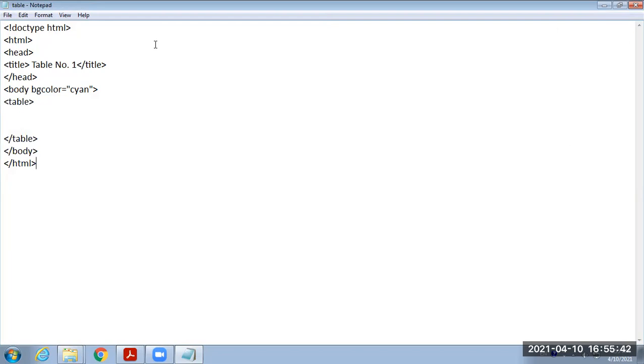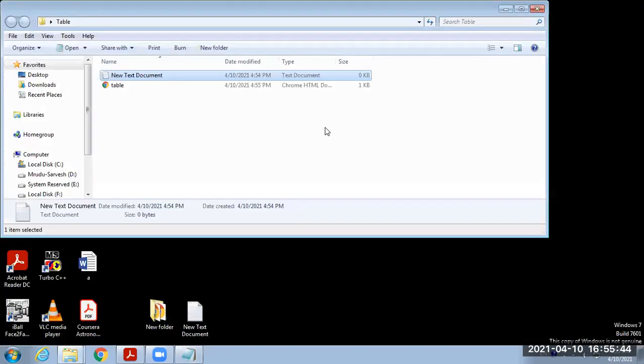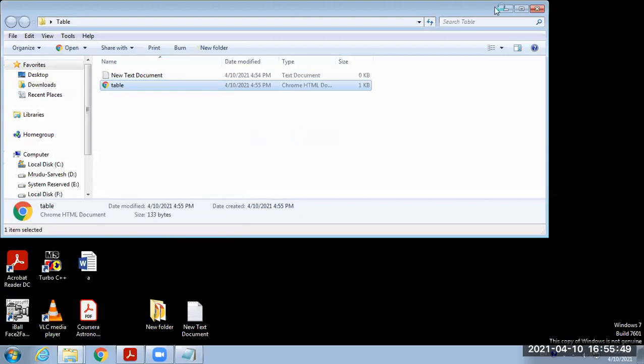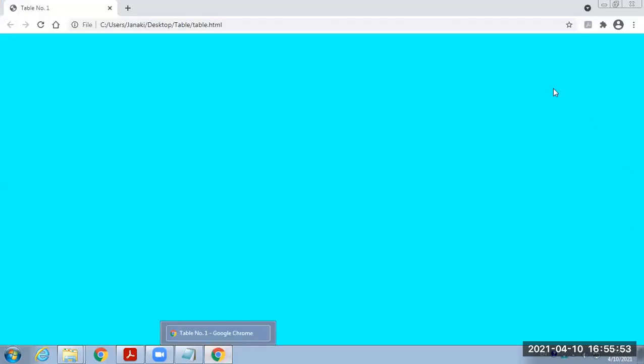Now I will run this table, open with Google Chrome. See what we have got. We got only the background color. We have not got anything as a table.